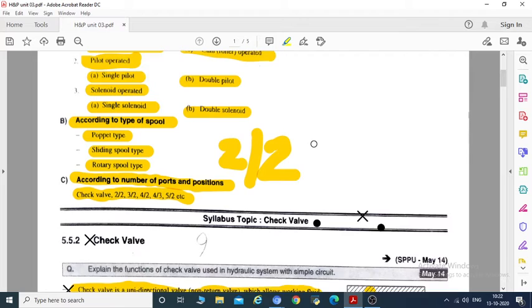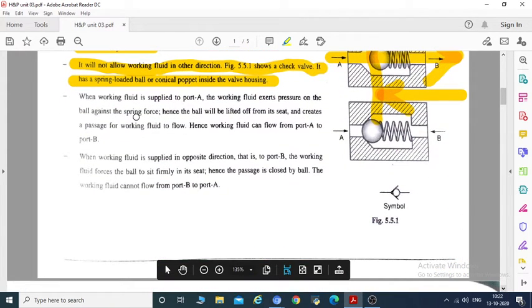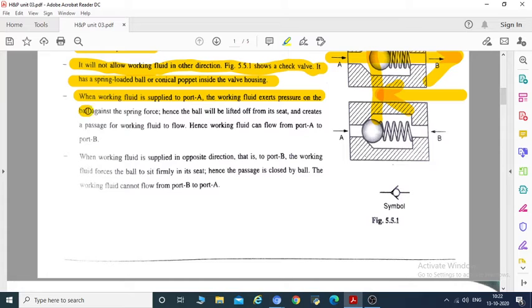Here you can read that when working fluid is supplied to port A, the working fluid exerts pressure on the ball against the spring.